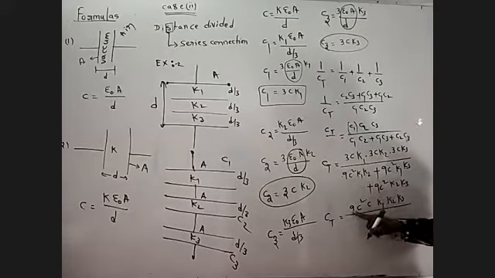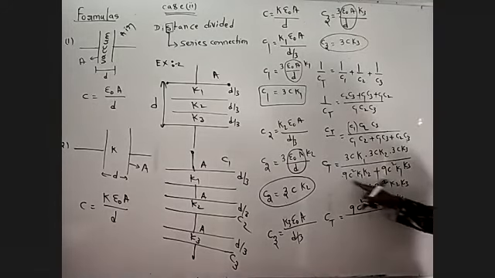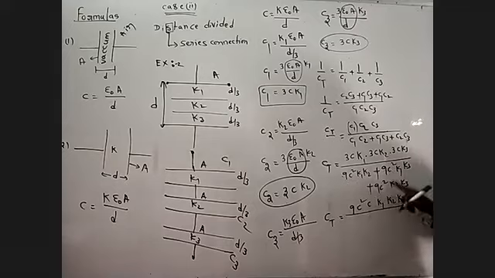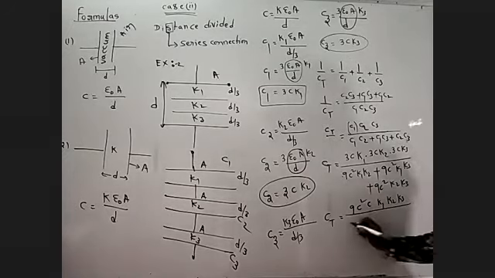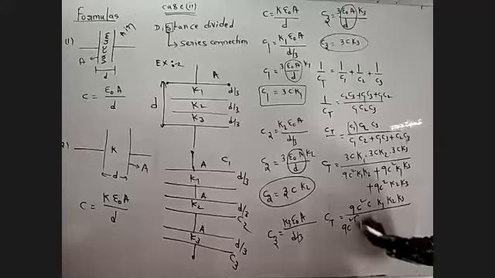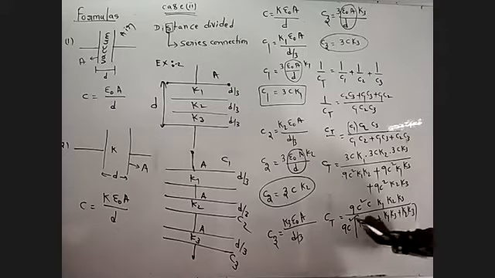3 into 3, 9C into C square, next C value, K1 K2 K3 value. Right, here downside you see 9C square, 9C square, 9C square. This is one term, this is second term, third term. Each term having a common term, that is 9C square. 9C square take outside. K1 K2 plus K1 K3 plus K2 K3.